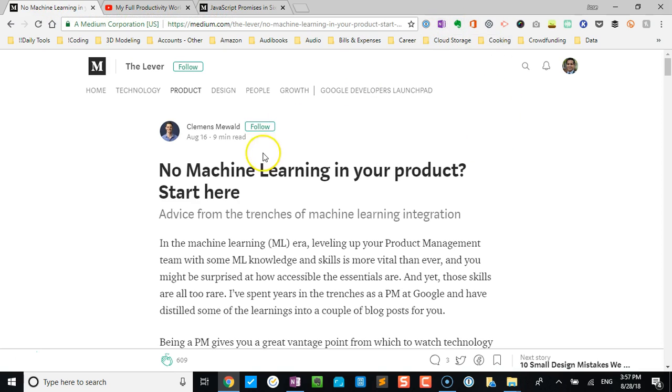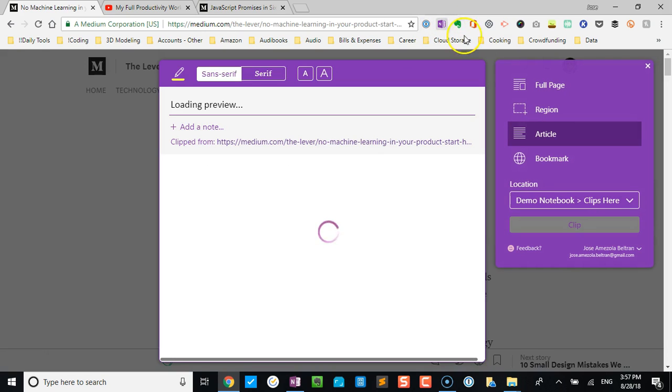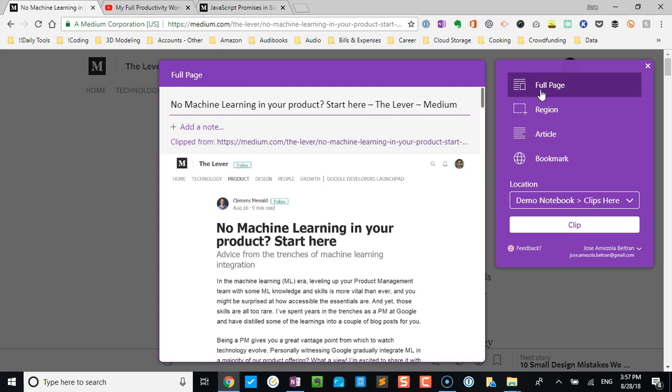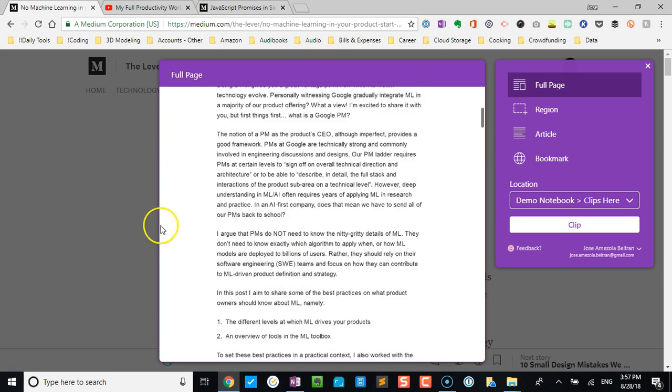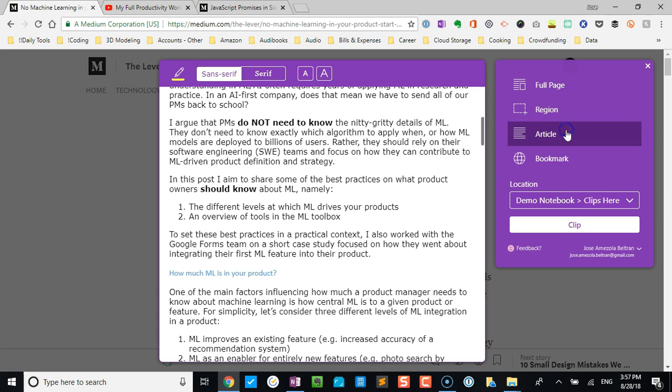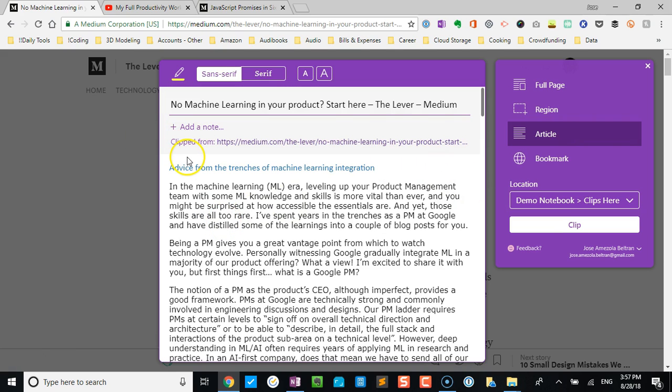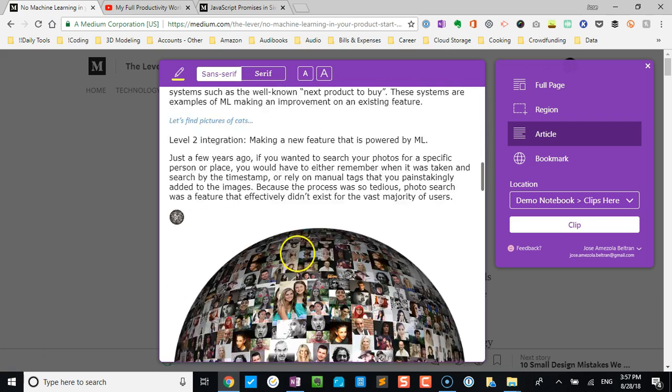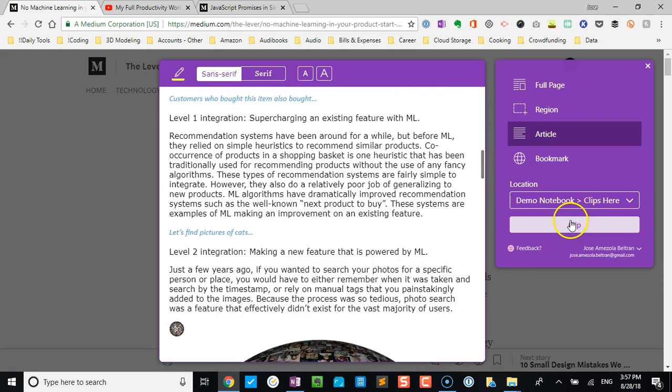So all that I have to do is just find the source that I want. So for instance, this article. I just click here and it's going to give me different options, so I can do a full page. What this is going to do, this is going to grab pretty much everything, you know, the header, the ads, if there's ads, the social media links, and all that stuff. I rarely use that. I would much rather just use the article, because that cleans up everything and it just shows me the main content. So I'm going to go ahead and clip that